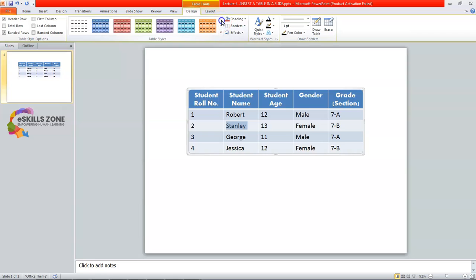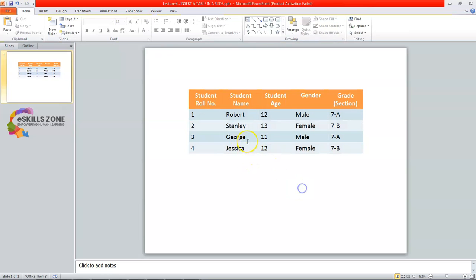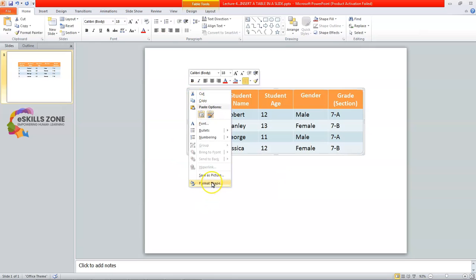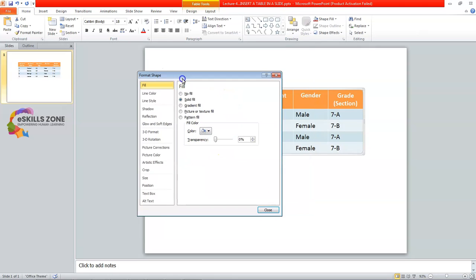So I'm going to select this one. Here you can see that it is applied on the table, and if I want to have the borders, then I can go to Format Shape